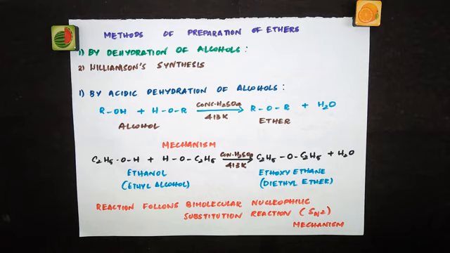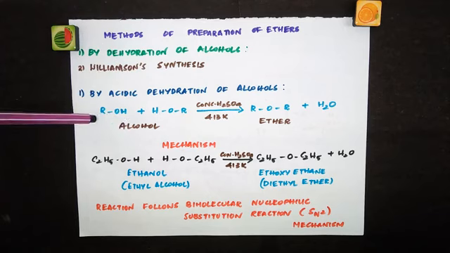Then under the chemical properties of alcohols, we have seen dehydration of alcohols to give alkenes, the reverse of the first reaction. So when you dehydrate alcohols to get the product, depending upon the experimental condition, you can either get alkene or ether. So we are going to take that experimental condition where you get ether from alcohols and use that as a method of preparation of ethers. So how can you prepare ether? By dehydrating alcohol, by acidic dehydration of alcohols.